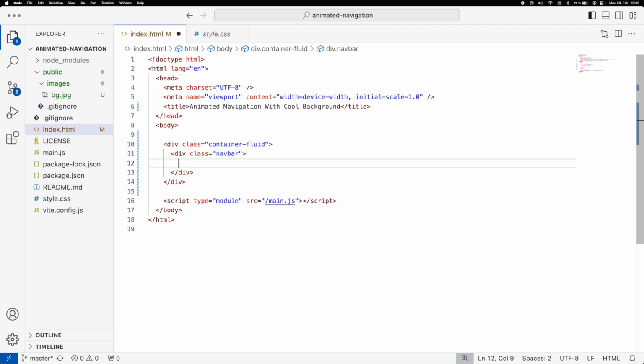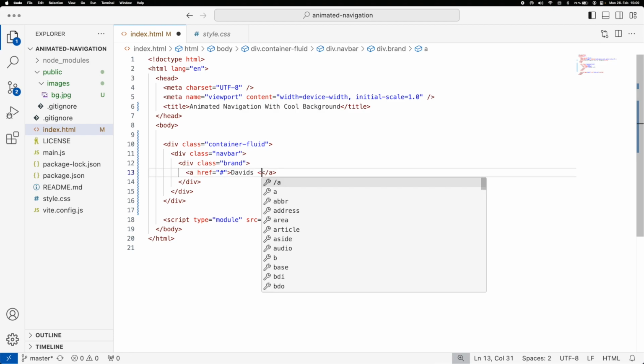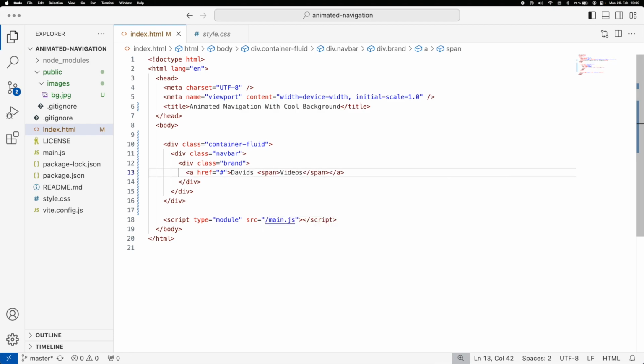a class of navbar, and then another one with the brand, and this brand is going to sit to the far left hand side, and it's just going to say David's videos. And you could also put this into an anchor tag as well. It would make more sense to be able to link to your page. And just because it seems like a bit of fun, I'm going to put this videos in a span as